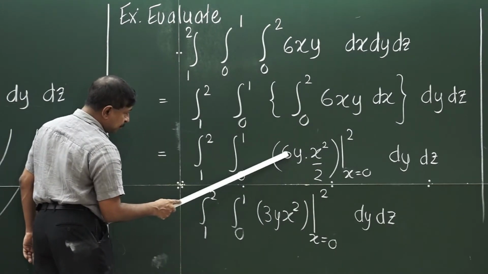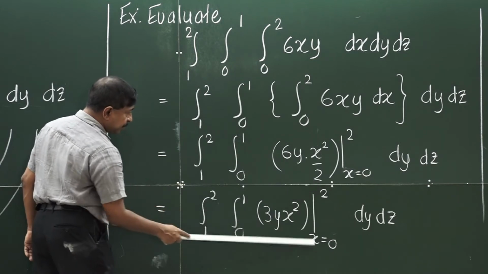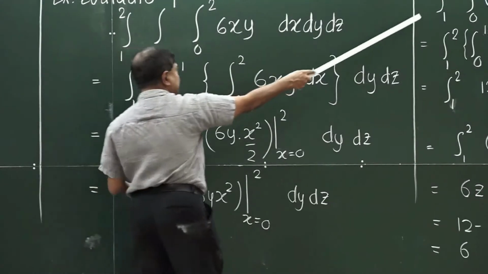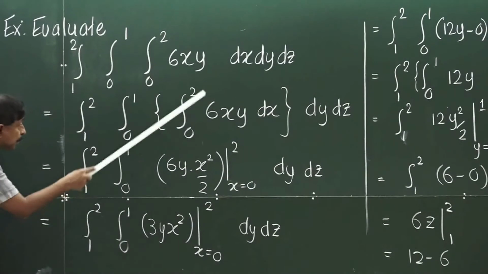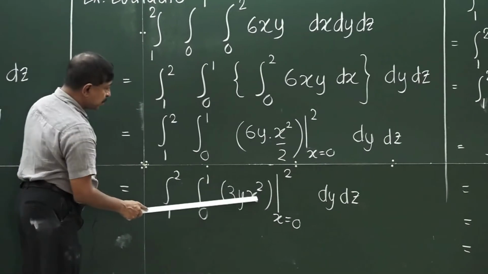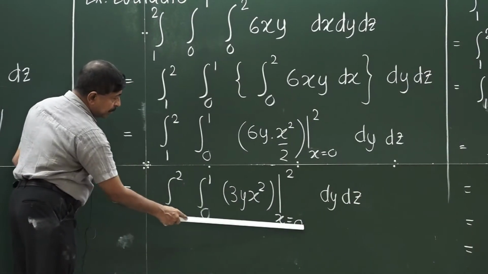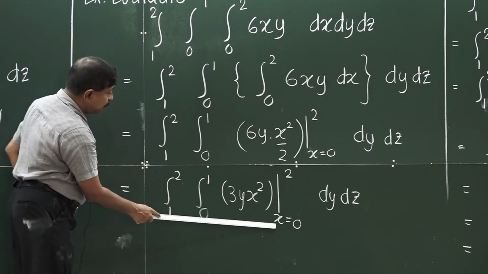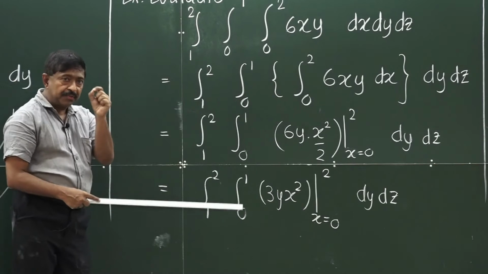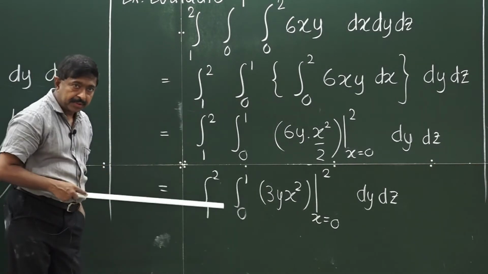2 times 6 divided by 2 is 3. So, limits are from 0 to 2. Again, I will move to that portion. When you plug in 2, you better write this one. I mean, it is again not a must. However, since 3 variables are involved, you better know what variable you are considering at this moment.